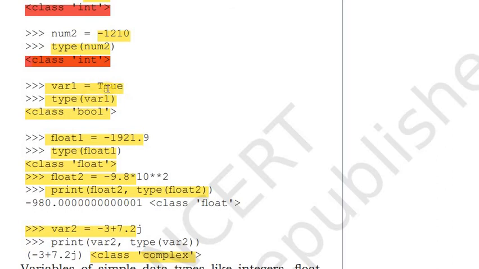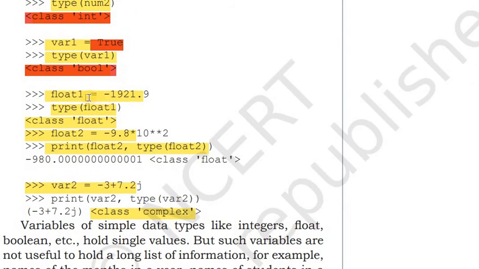Okay, when you are passing true, then what is the output? For type of var1, the type function is called and it displays that it belongs to class bool. This is float1, and you are passing the value 1921.9, so its output is class float.